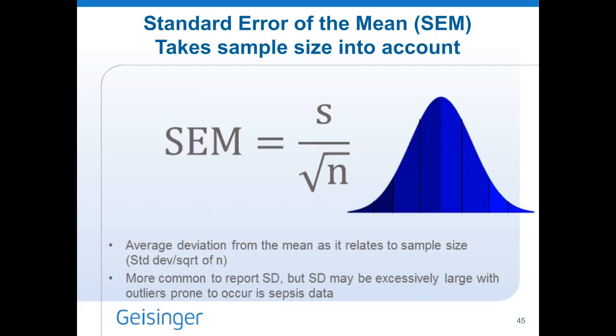You may have outliers in some of your patients in a sepsis data set, and if you show the standard deviation, that'll be highly skewed by these outliers. So when you're presenting graphs to go to finance or build your business case for new diagnostics, it's important to know that if you have either outliers or different sample sizes, the standard error of the mean may be a better metric to use.